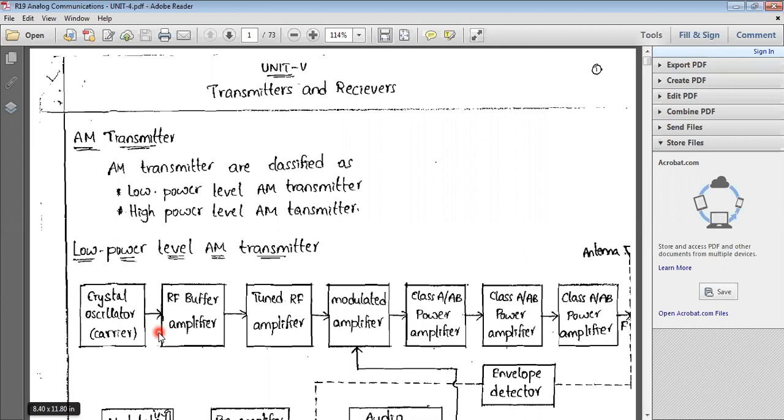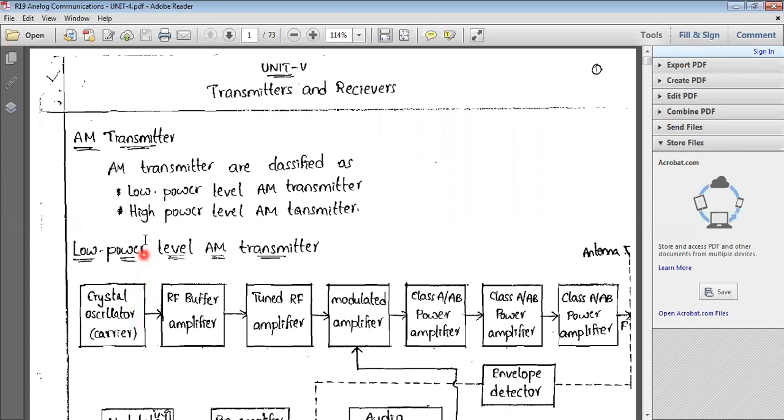Just remember the block diagrams, stage by stage. The fourth unit entirely has block diagrams, so there is a chance of confusion between blocks. You must practice block diagrams and know the purpose of each and every block. Suppose we use a crystal oscillator. What is the purpose of this oscillator? In every block diagram, the purpose of this oscillator is the same. If you study it at one point, it applies to all block diagrams.